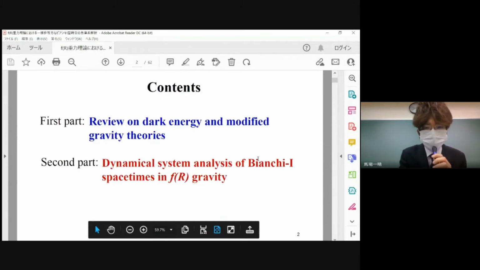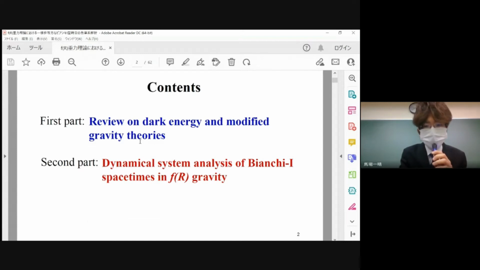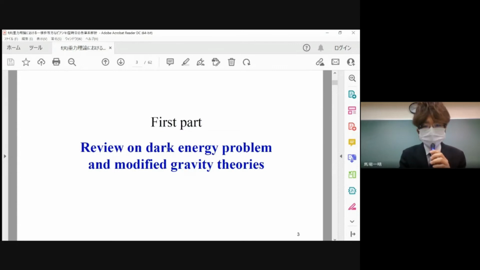In this presentation, in the first part, I would like to review the dark energy problem and the modified gravity theories. And then the second part, as an example of our recent work on the modified gravity theories, I'd like to talk about the dynamical system analysis of Planck type 1 spacetimes in F of R gravity. In the first part,